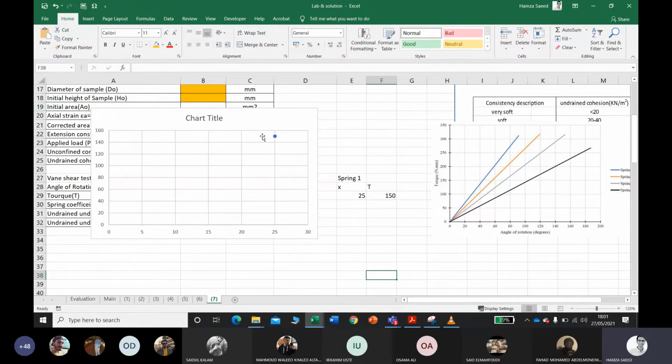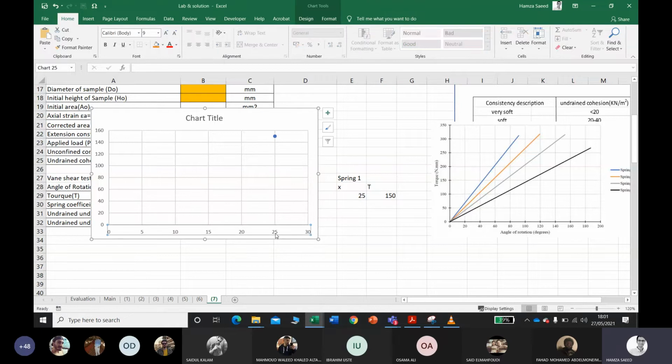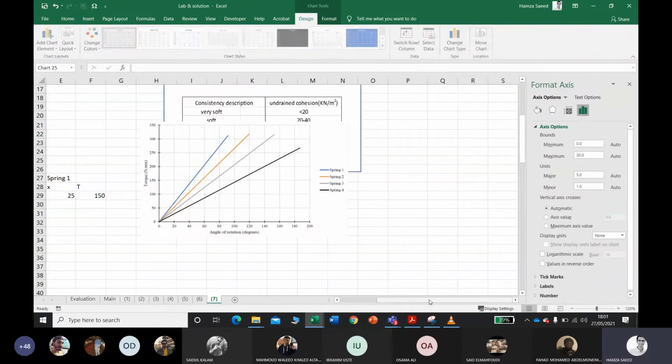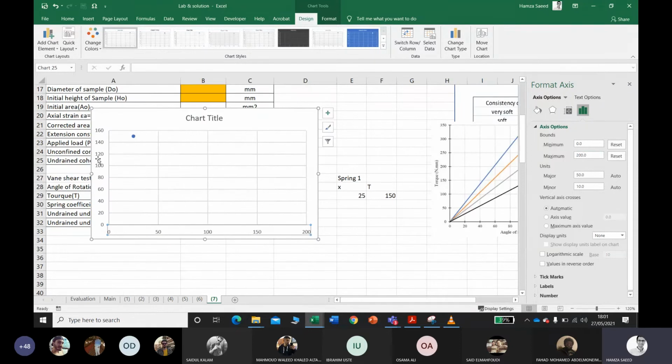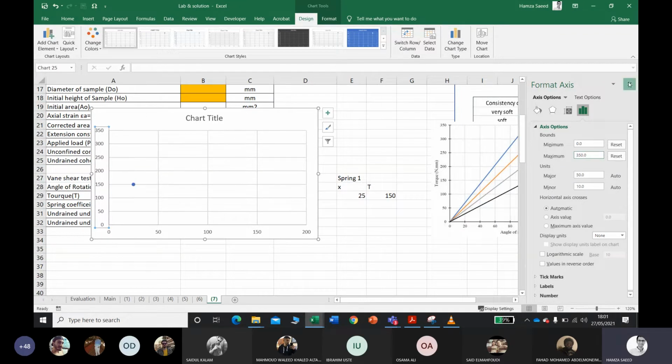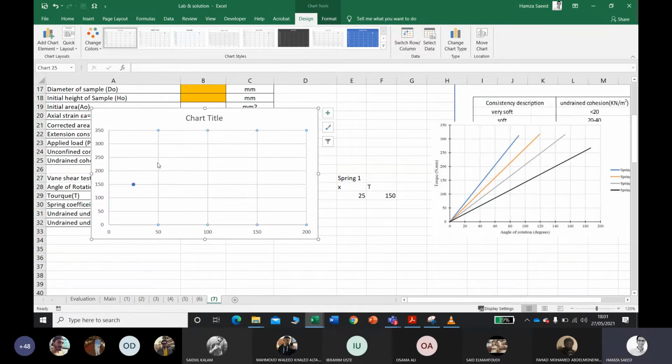Now, how are you going to obtain it? First of all, set your x-axis corresponding to the given calibration chart. I am going to click on the x-axis and see the minimum is 0, maximum is 200 degrees. Similarly, for the y-axis, I am going to double click on it. The minimum value is 0, the maximum value is 350. I'm going to remove these grid lines and the chart title.